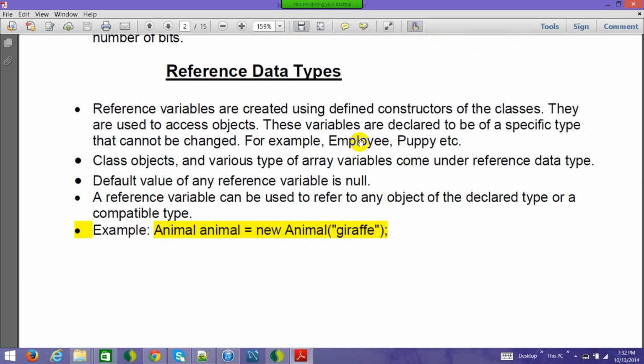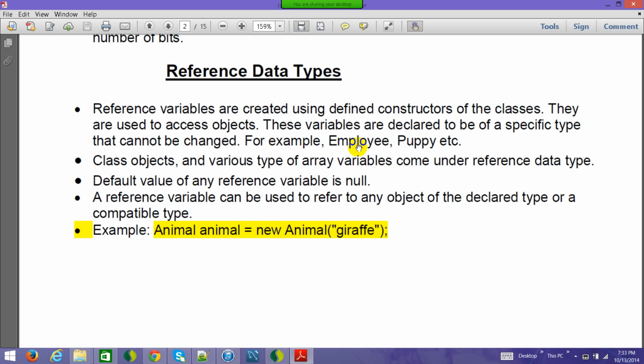And in the last class as well, I explained that in Java, class is the blueprint and objects are the actual representation, right? So when you are creating objects, you create them this way: animal is equal to new animal, giraffe. So this animal, whatever you see here, is actually a reference to an object, right? The new animal thing is an object. So if you write animal is equal to new animal, this reference data type is animal.